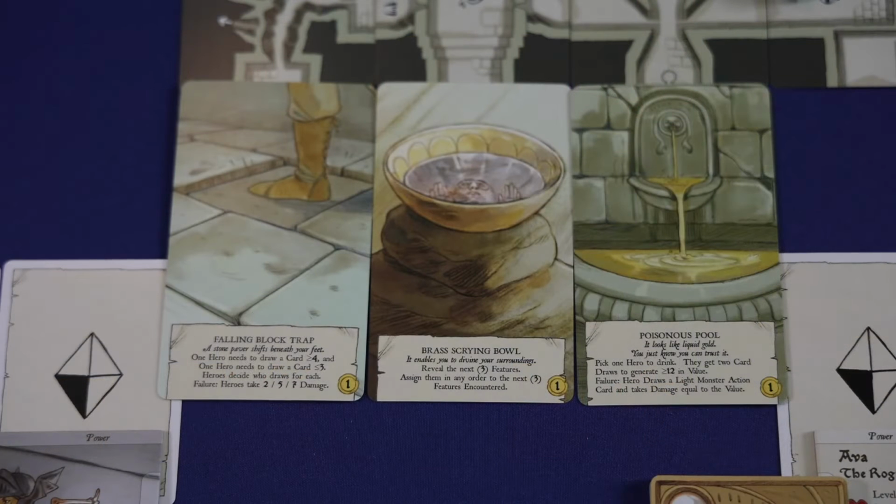Features will provide players with a potential amount of experience points, and there are other effects that features might give players. For instance, this feature gives players the ability to assign future features in a specific order if they want to. Many of the features will also ask that players pass a certain type of test. For instance, this falling block trap says that players have to draw cards of a specific value,